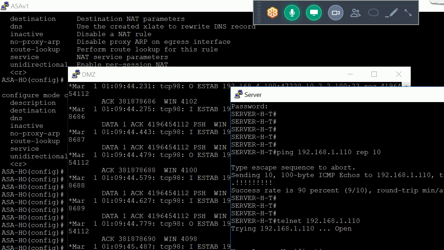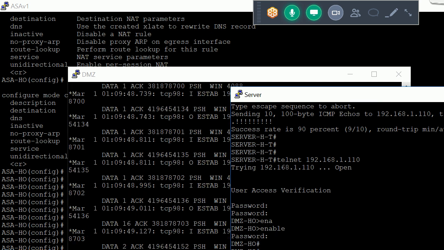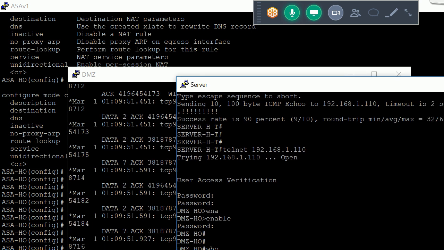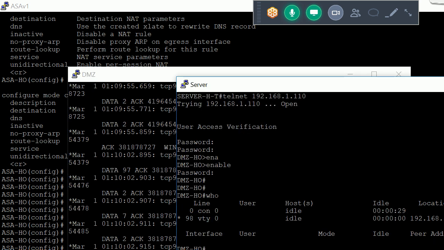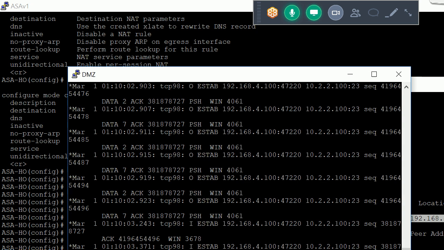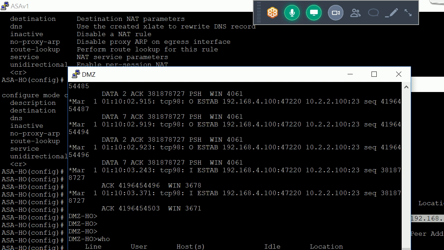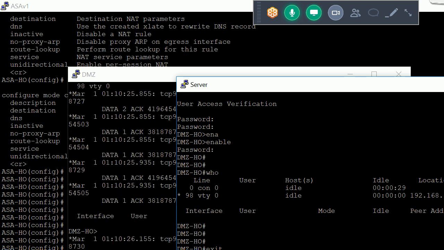Cisco, enable, Cisco. If we want to see who is logged in, I'll just use this command, who. See, I'm getting lots of TCP packets. Okay, this is the IP address of our peer. So that is the guy which is logged in right now on my DMZ host. Same thing is here also. If I run who here, who means who is logged in. Okay. Now let me exit.